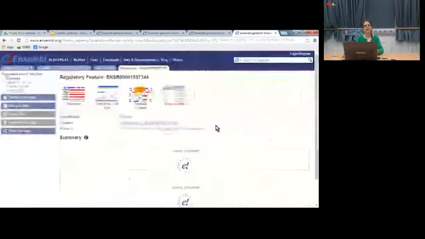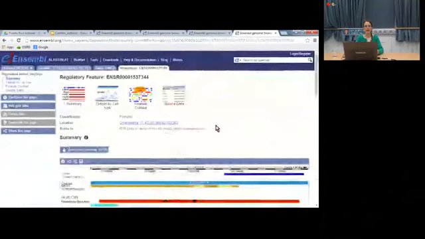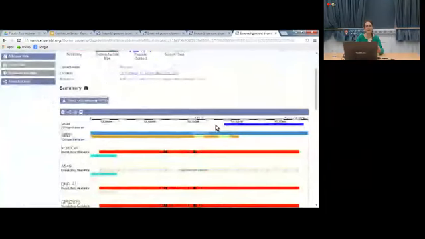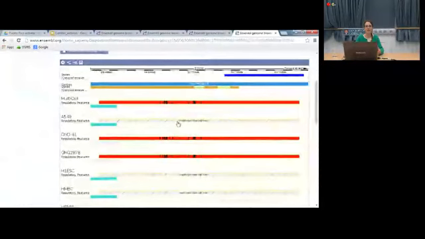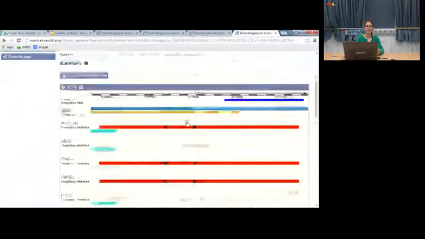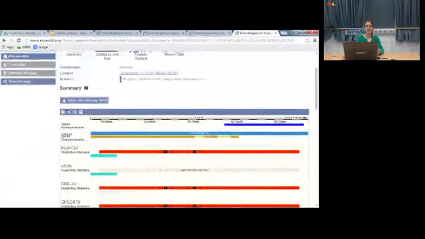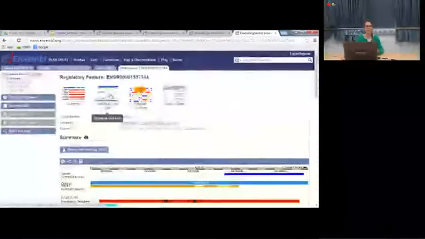If I click on that, I go to the regulatory feature, and I can see that of all the cell lines that have been studied in this, our promoter is inactive in some of them and active in others. Where it's shown in this hashed box, it means it's not active. And I can see that it's active in 6 out of 18 of the cell lines that were actually looked at. If I go into details by cell type here,